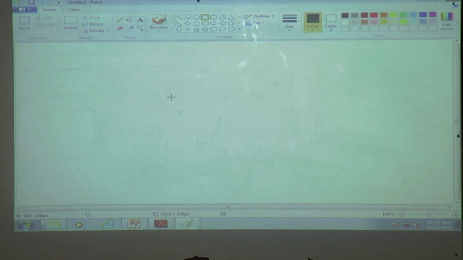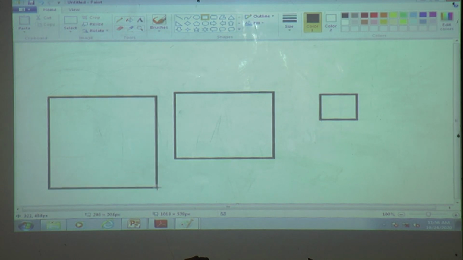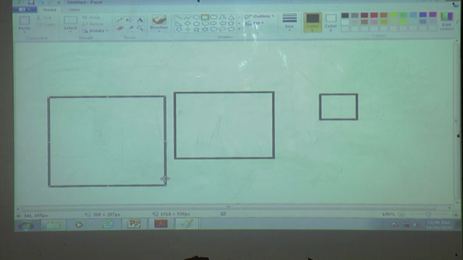Yes, a mouse has three buttons: the left button, the right button, and the middle one is the scroller button. Right? Then click the mouse left button, continuously press and drag the mouse, and then leave it. If you want to draw a small one, same procedure. Click the left button, keep pressing it and then leave it. If you want it bigger than this rectangle, then draw big. Clear?